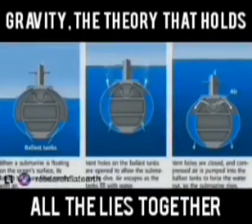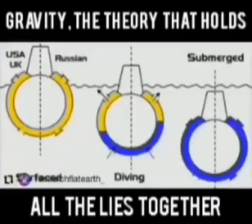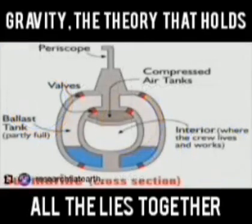Submarines float on the surface when their ballast tanks are filled with air, but when the vents are opened and seawater floods in, they begin to sink as the submarine's density becomes greater than water. Sailors simply adjust the ratio of air and water in their tanks, and when ready to resurface, they blow compressed